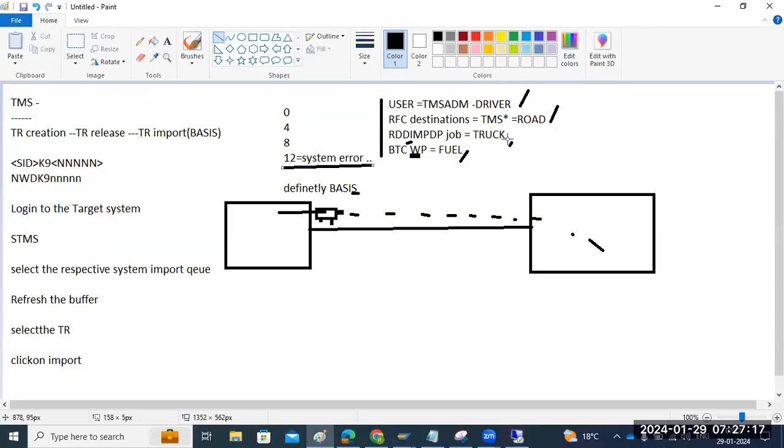Then, in case the job is not working here, right? So in this case, what do we have to do here? What is the resolution here? In this case, what we can do